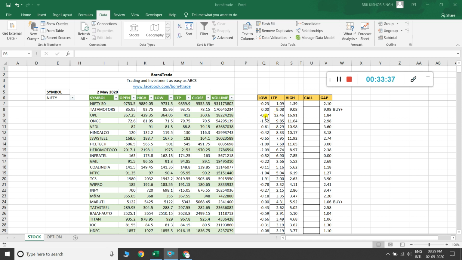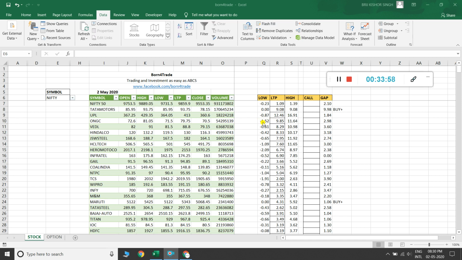Understand? And here you can see minus 0.087% low, and it made a 16.91% high, and it is currently maintaining 12.46% high.